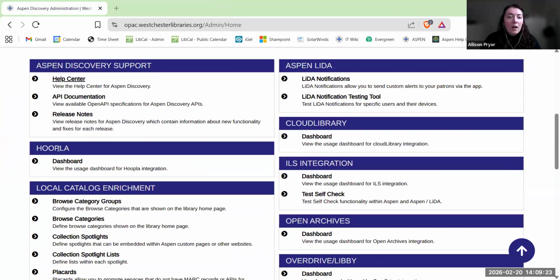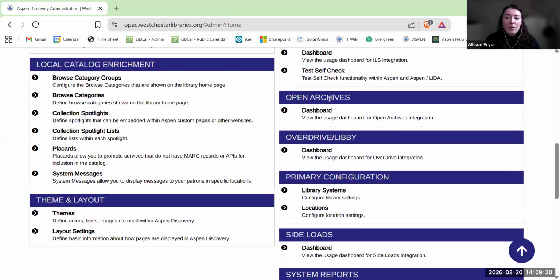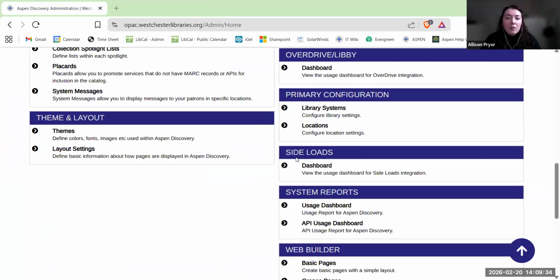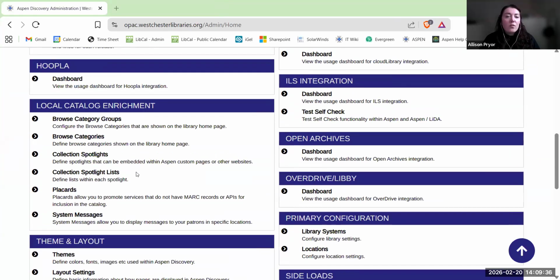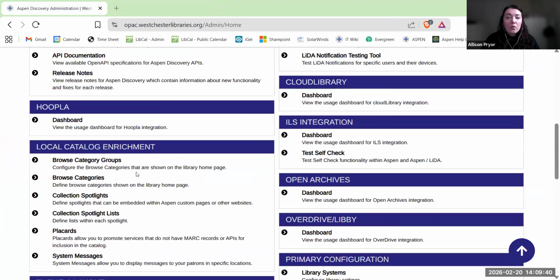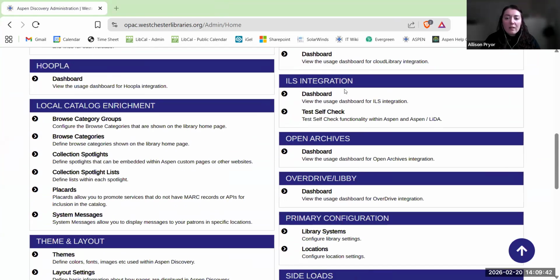You're also going to have menus for dashboards. So you'll see Hoopla, Cloud Library. If I scroll down, Open Archives, Overdrive Libby, Sideloads. These are our dashboards. And so these can show us the metrics of how Aspen is getting used. So if I scroll down, let's just say to the,